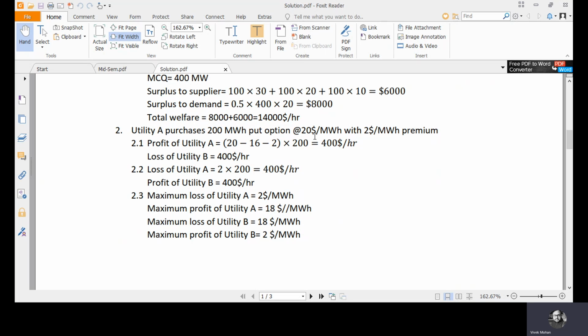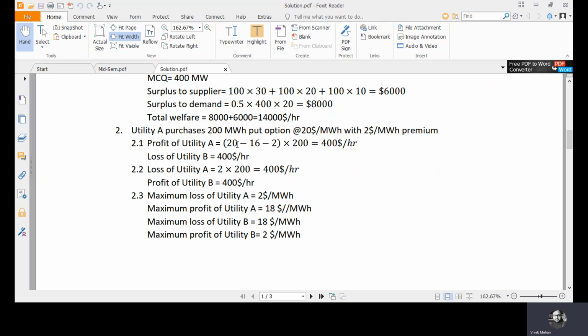So definitely the holder of the option will exercise the option. But for exercising it, we know that he has already paid the premium for the agreement, which is 2. So 2 into 200 would be an expense for the holder. Then 20 minus 16 would be the profit from the